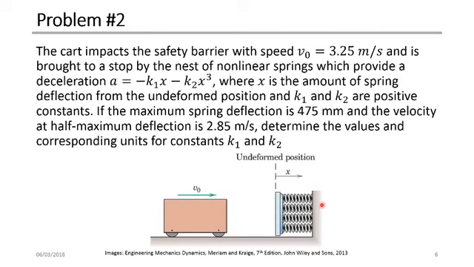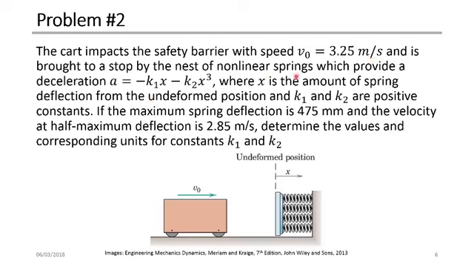So this is problem number 2. We have here the cart, this cart here. The cart impacts the safety barrier. So we have a barrier here, a safety barrier, and the cart impacts the safety barrier with an initial speed of 3.25 meters per second. So the initial speed of the cart is 3.25 meters per second and is brought to a stop by the